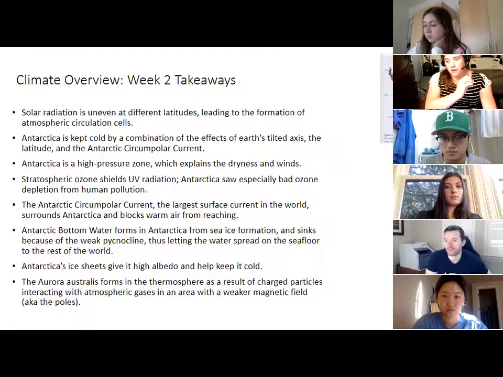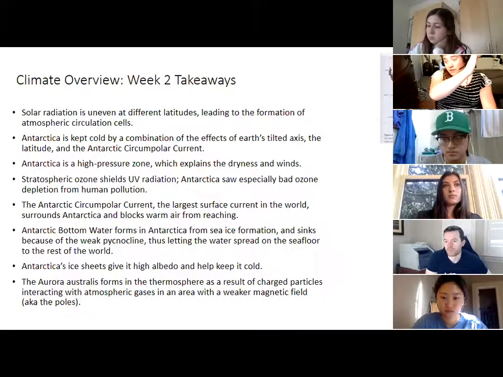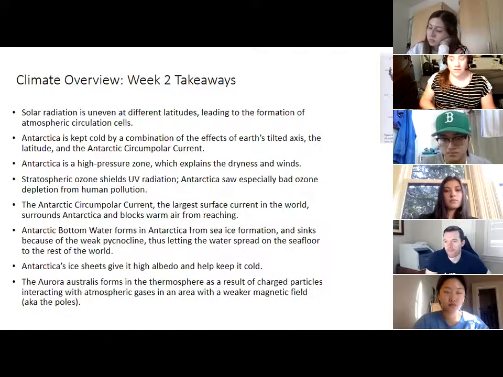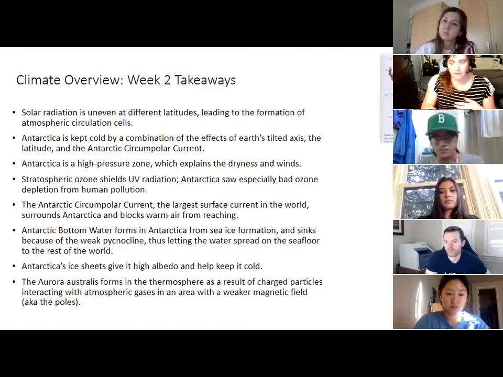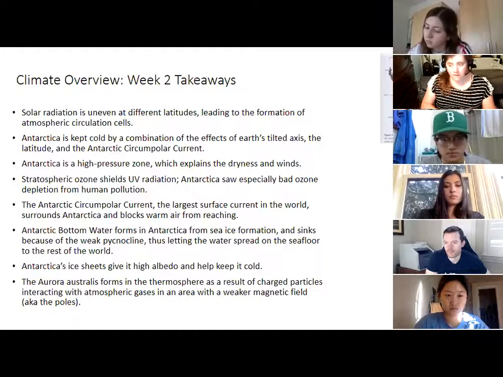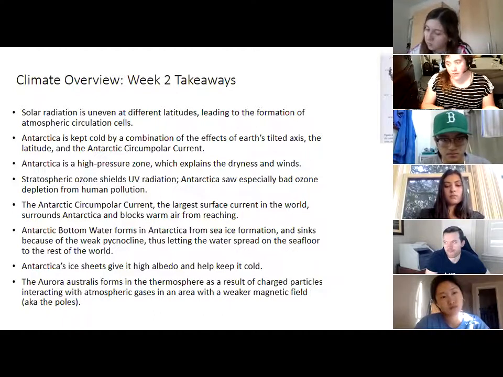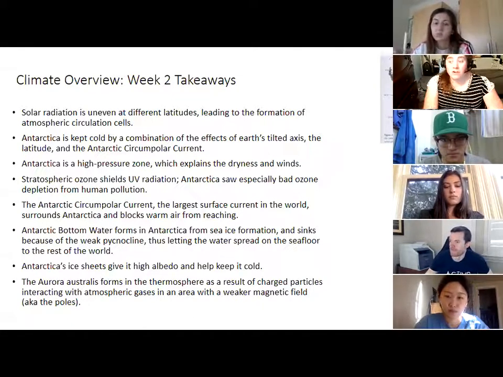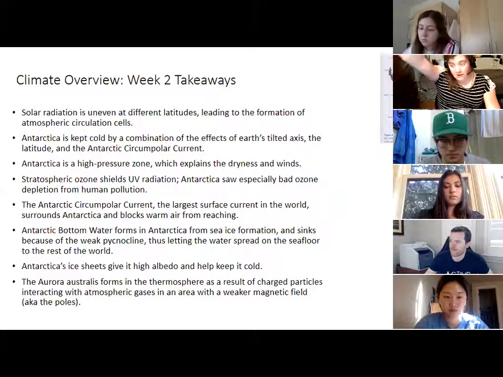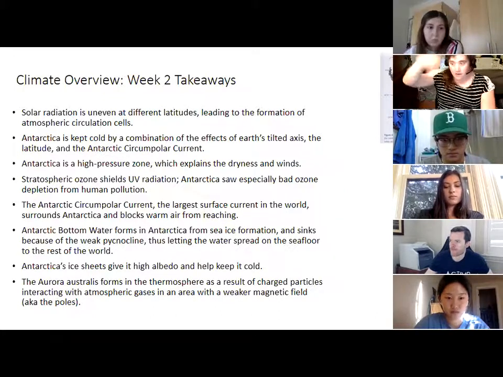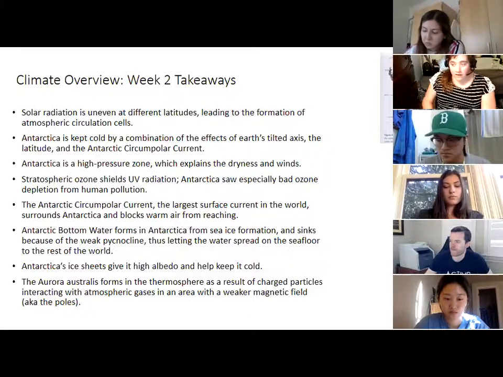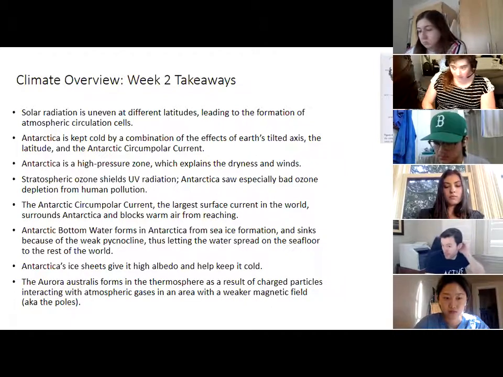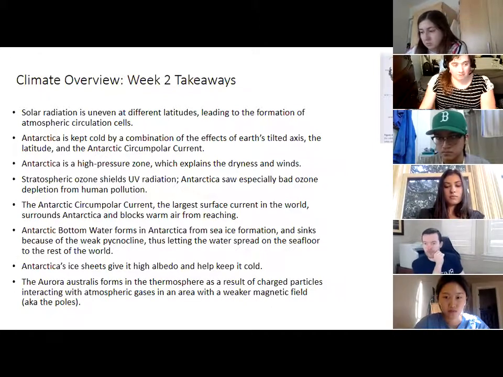The moisture was lost when the air rose at whatever latitude it started at and then got cool when it got in the upper atmosphere. So wherever that air is falling, like Antarctica, or if you look at one of the cells on the equator, you'll see the air falling at 30 degrees. Those are the desert belts you get in Africa and North America. Africa has desert belts in both hemispheres: the Sahara in the northern 30 degrees, and in the southern 30 degrees it gets the Kalahari Desert and all the deserts in South Africa. So Africa is a really good example of how you get those desert belts. But anyway,